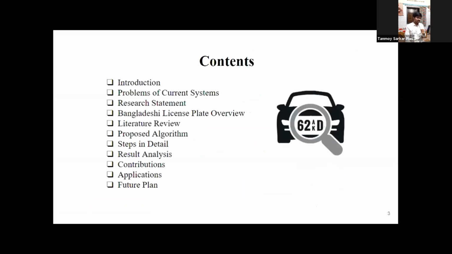So we segmented our presentation into these sections. At first, we will go to the introduction, then we will state some problems in the current system, then we will state our research statement, then we will give an overview of our Bangladeshi license plate, then we will review the latest work in this field, then we will propose our algorithm, and we will discuss it in detail. Then the most important part, the